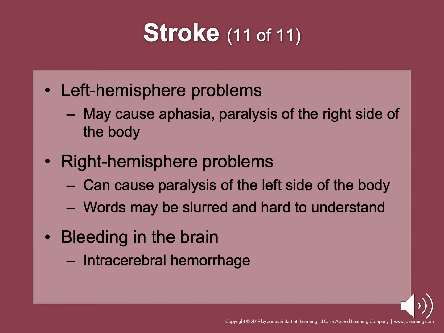Bleeding in the brain, an intracerebral hemorrhage, may present with hypertension, and it may be a cause or a response to the bleeding. High blood pressure in the stroke patient should not be treated in the field. Substantial decreases in blood pressure may also occur as the patient's condition worsens.